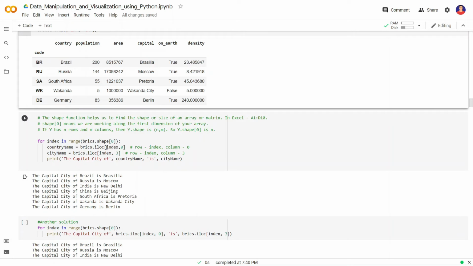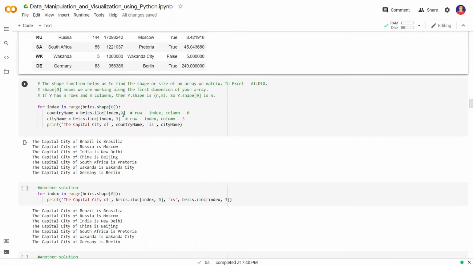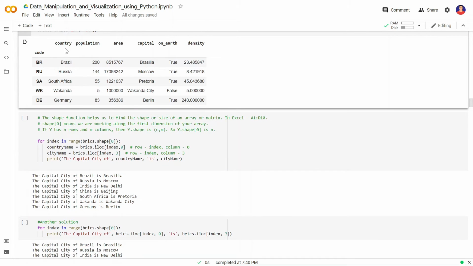Country name is equal to bricks.iloc[index, 0], that is row of index, column 0. City name is equal to bricks.iloc[index, 3], that is row of index, column 3, that is this index.